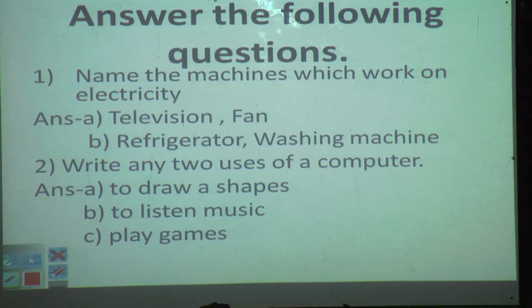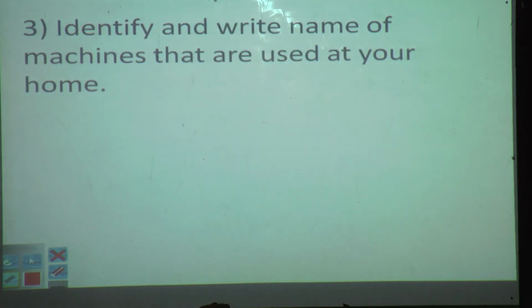Next, question number 2. Write any 2 uses of computer. Why are we using the computer? To draw the shapes, to listen to music, to play games. There are so many uses of computer. Which are there? To draw the shapes, to listen to music, and for playing games. Next is